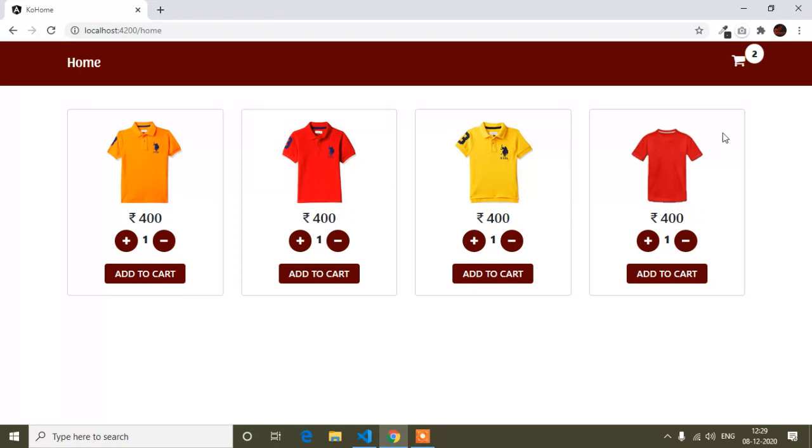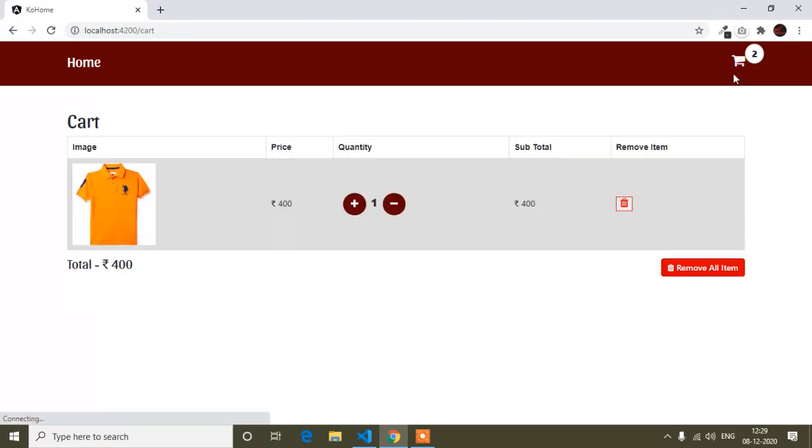And here, one thing I want to show you is in the cart page. Here I have created a single delete button, which I forgot to show yesterday. I made this today, because when I click this button, the product will be removed from the cart. This is the single delete button, and here is the remove all item button. We can add many products, and all the products will come in this cart page. When I click this remove all button, all the products will be removed from the cart or database.